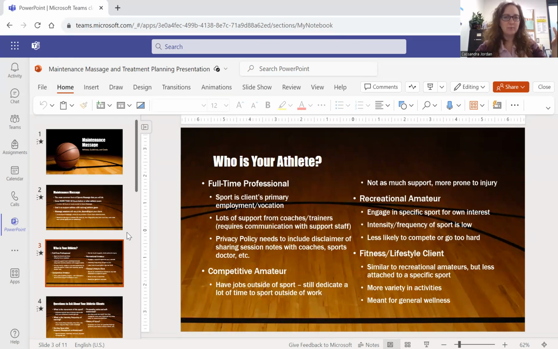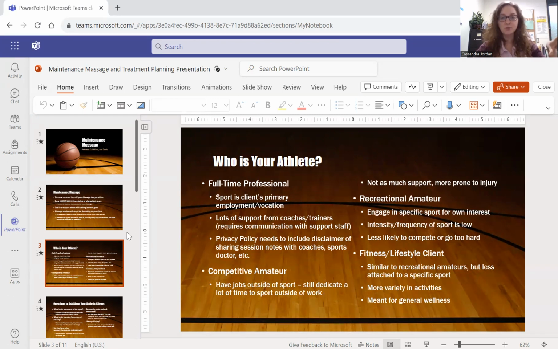So it just depends a little bit, but they probably do have more support and more therapeutic intervention if they are professional. So your privacy policy, if you are working with a professional athlete, probably should include a disclaimer that your session notes are probably going to be shared with coaches and sports doctors, etc. That is very common practice in